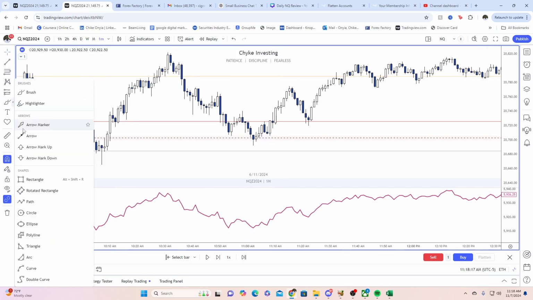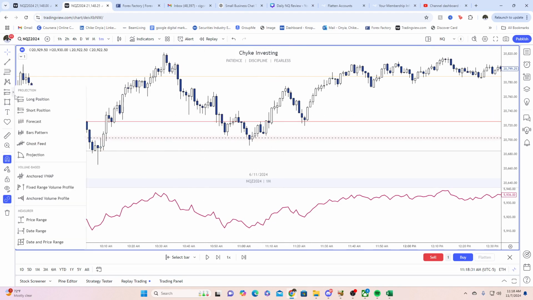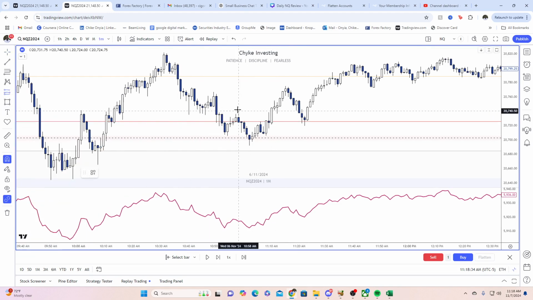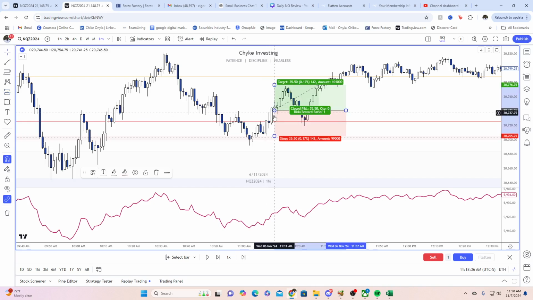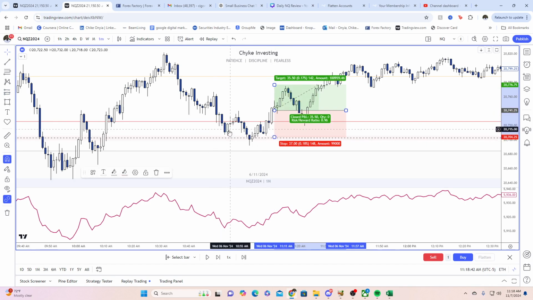Plus, we're also reacting from, I believe, this 1 minute inversion fair value gap over here, right? We're reacting from there as well. We have a small fair value gap right here, right? And so this actually could have been your first entry, because we actually took out this high with this high right here. So this could have been your first entry right here, right? Your stop is below this breaker.